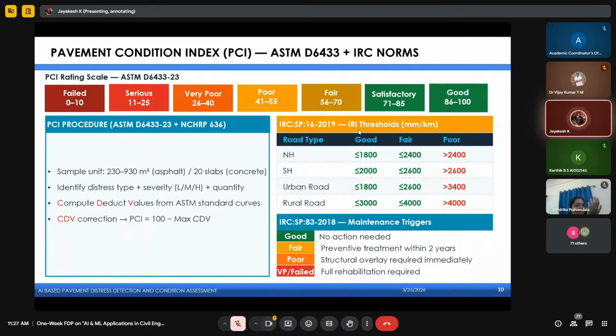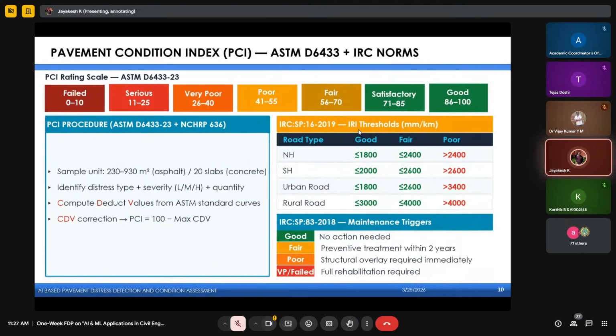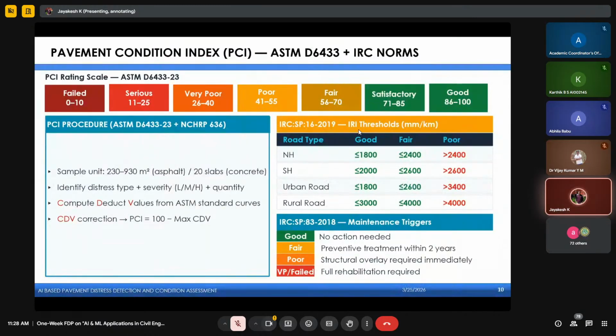Other factors will also affect these PCI values. As per the ASTM standards, I have mentioned the PCI rating scale: 0 to 10, 11 to 25, 26 to 40, 41 to 55, 56 to 70, 71 to 85, and 86 to 100. So these scales represent the condition: if it is 86 to 100, it is good, and 71 to 85